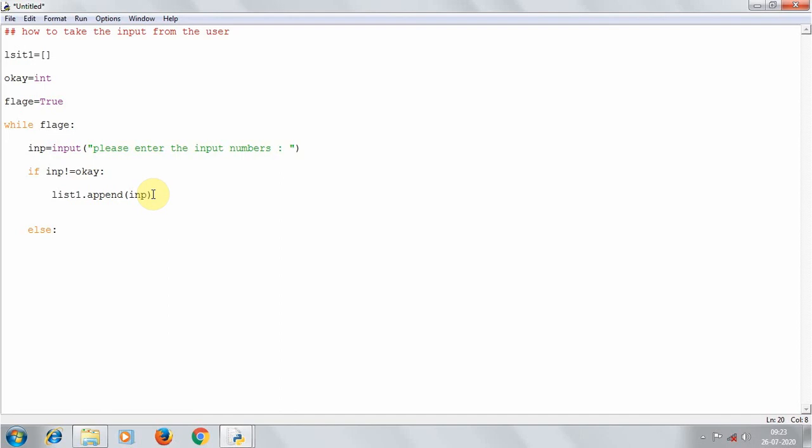So what I will do, I will just end this infinite while loop. For that I need to make flag as false, then only it will come out of this one. So I will set flag equal to false, so that the infinite while loop will be ended. Then I will come out of this while loop, and in the main program I will print